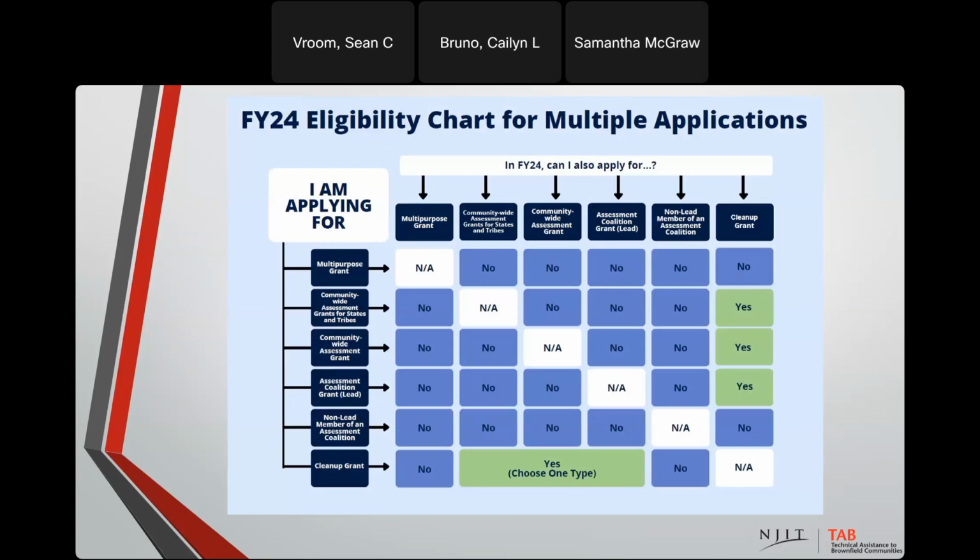I put this chart up just so you can understand it again. In the links that I put in the comments portion of the workshop webinar, you can go and check out these tables if you'd like. It's basically giving you the eligibility for new applicants that are looking to come in for multiple applications. So I won't go through all of it. You can easily read it, and again, we're going to make this presentation available on our website, so you'll be able to download it there as well.